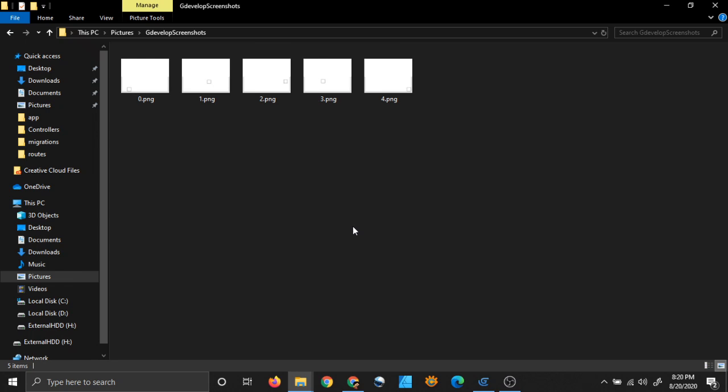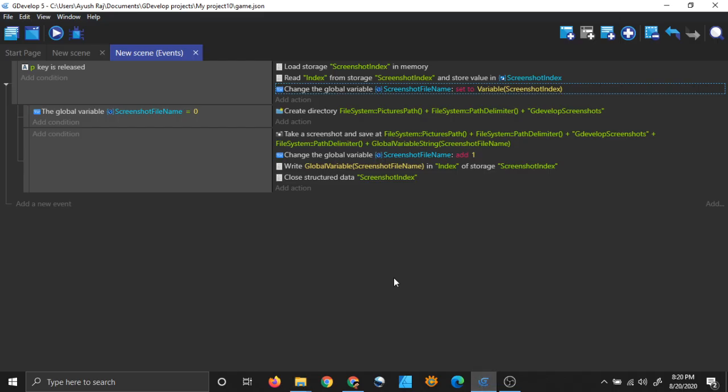And whenever my game will resume and whenever I will press the P key, it will load this number from the memory, and it will simply take a screenshot and I add 1 to that number and again save it in the memory, right? So that's what we are doing. So far in these 3 lines we have simply loaded a number from the storage into the memory. We have loaded one number.